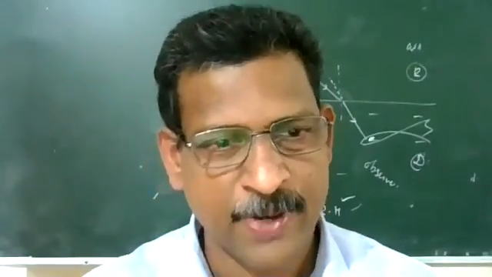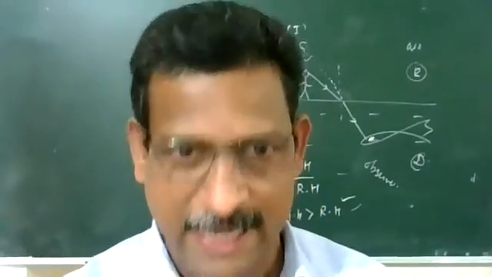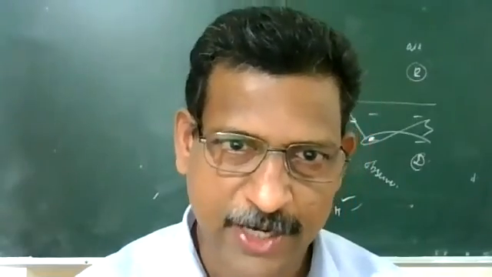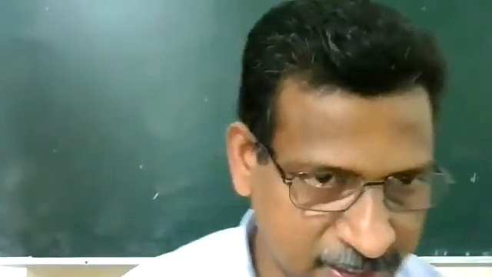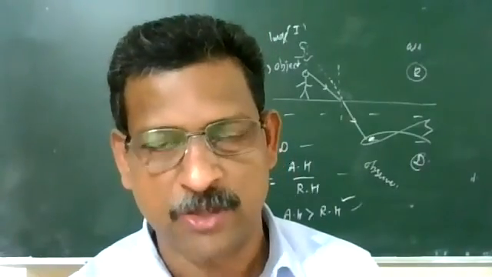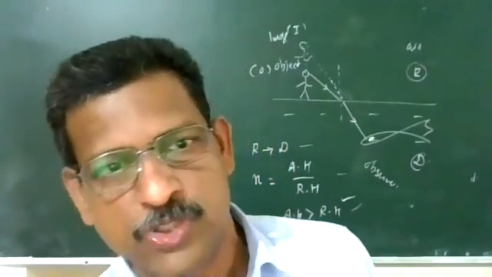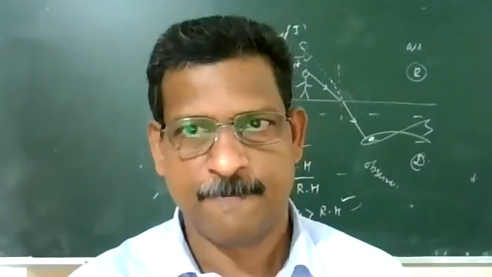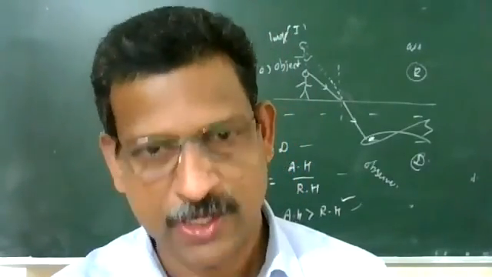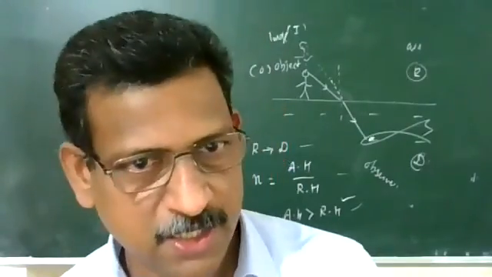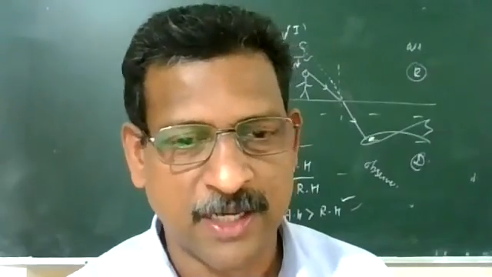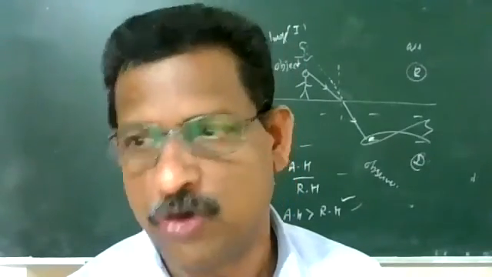This is because the upper part of the atmosphere is a rarer medium, and the lower part of the atmosphere is a denser medium. The light ray from the sun comes from rarer to denser, bends toward the normal and reaches your eye. So the position of the image of the sun will be slightly above the position of the horizon. So 2 minutes before the rise and 2 minutes after the set, you can observe the image of the sun. Therefore we say that the day is longer by about 4 minutes.